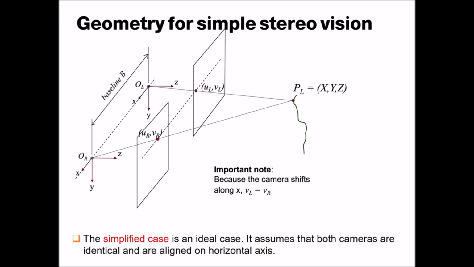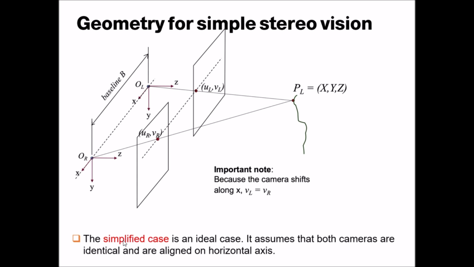Okay, here you need to focus because I will go into more detail. This is to show you the geometry of simple stereo vision. We will not consider all cases of stereo vision, we will just take one case and try to study and understand how we can calculate the 3D information. Let's say we have a simplified case of stereo vision, which is an ideal case. We do not always have it, but for now,